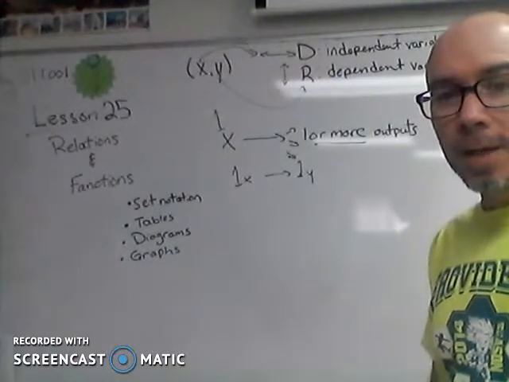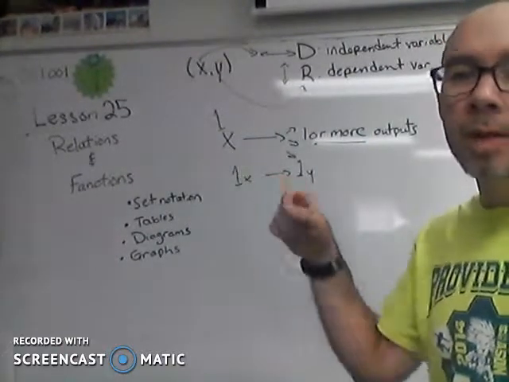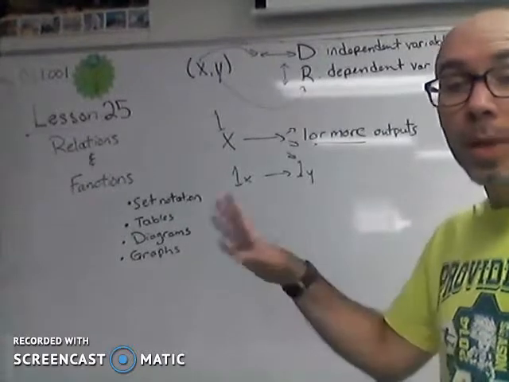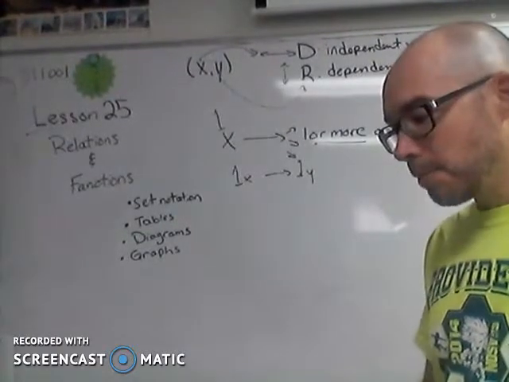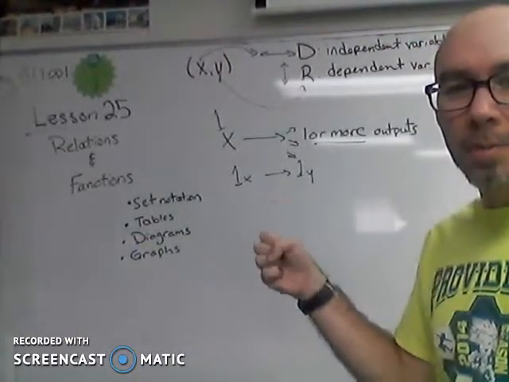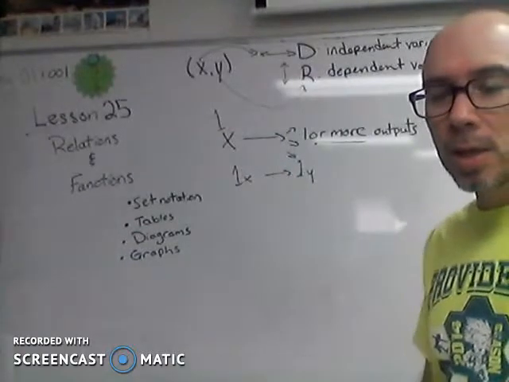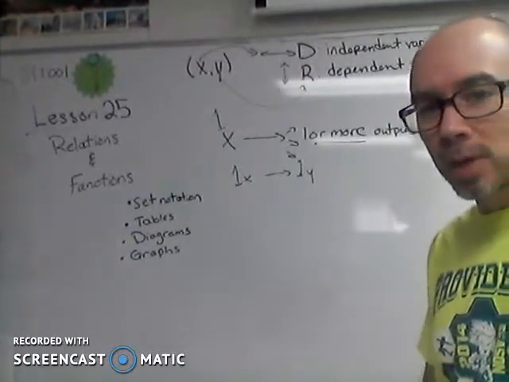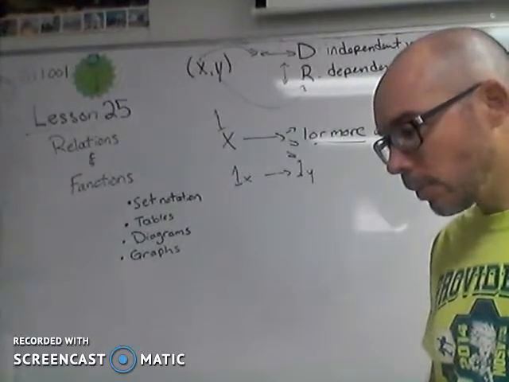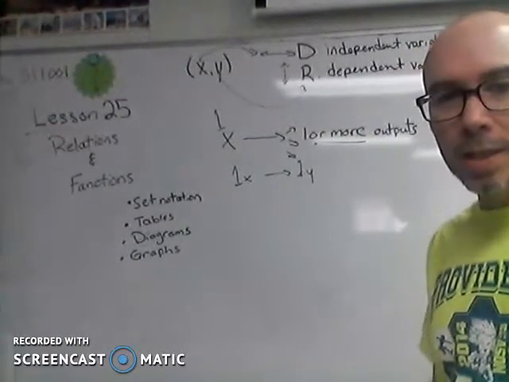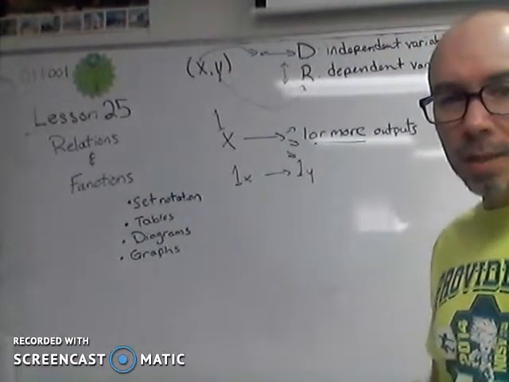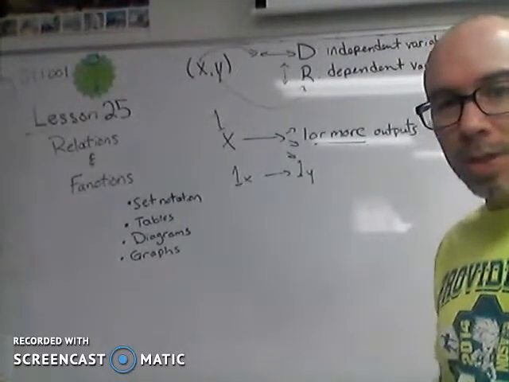There is what mathematicians call a one-to-one correspondence only with functions. That I put the thing in and it can't become more than one thing. It can only become one thing when you run it through the machine. Now there are different ways that this gets represented then. Sometimes we just go and we're going to